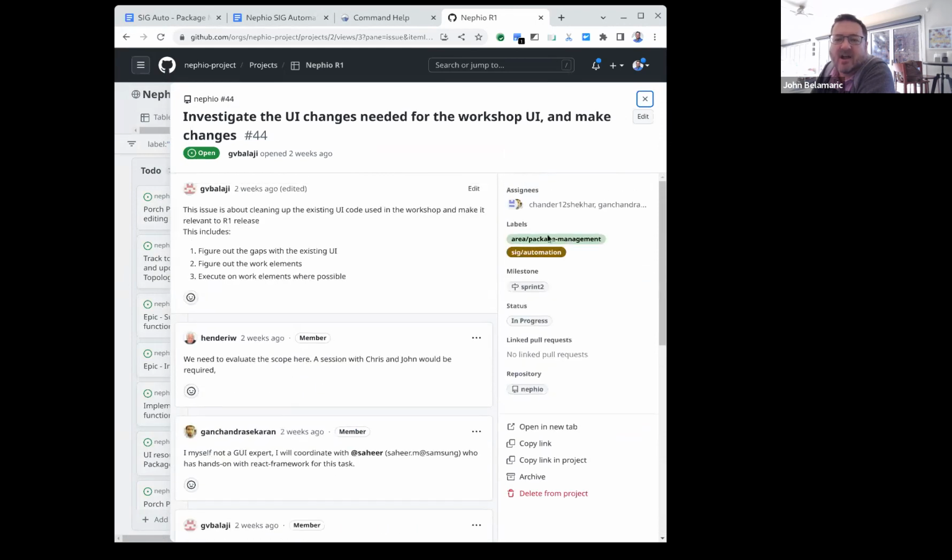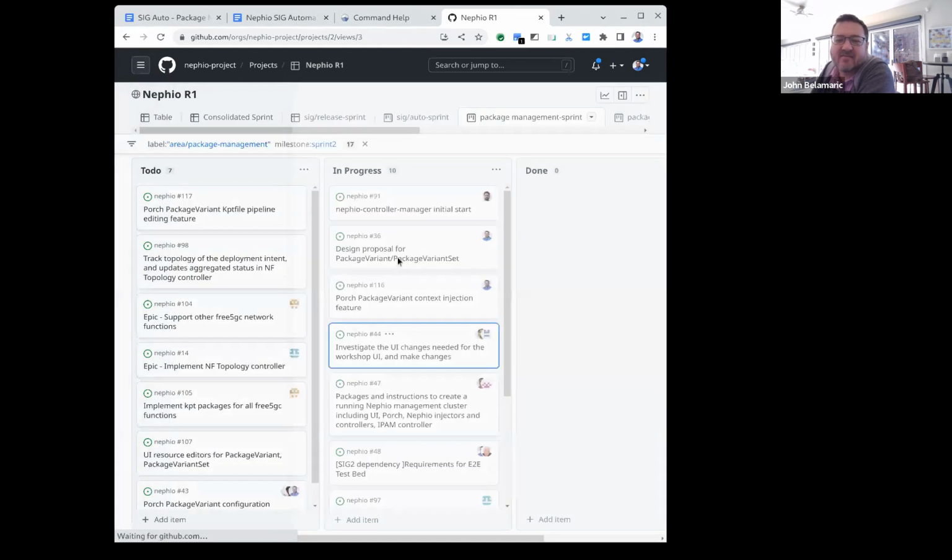Well, I'll put a comment on this one. This particular task is probably done, but just to give an update on what's happening with the UI for those who didn't join yesterday, we had a meeting where Chris went through the internals of the UI. There's a couple of folks who are interested in helping out with the UI, but they're not Kubernetes people, so there's a lot of ramp up